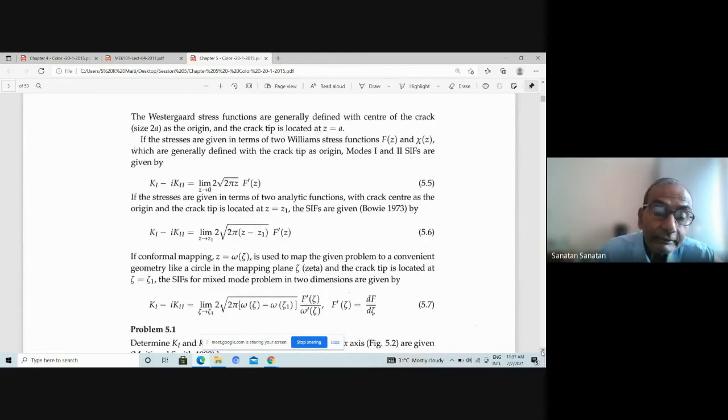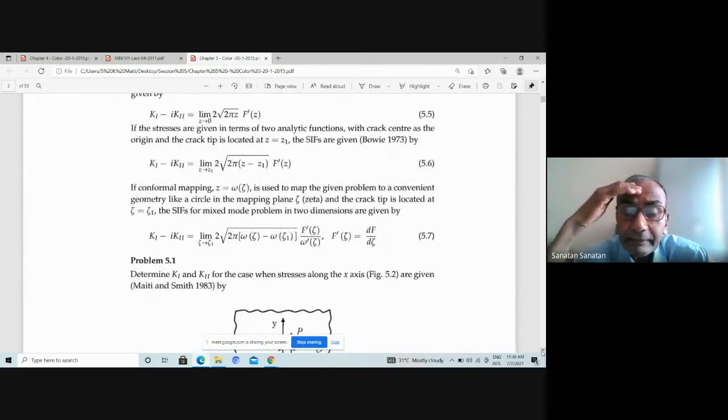So these expressions are useful. And many times, I think this is something I would like to mention in passing here, that in many cases you see these complex crack problems are solved by mapping the configuration into another coordinate. So let's say in this case, we try to map the xy coordinate to zeta coordinate. Zeta is a coordinate where xi and eta directions will be involved. In that case, the crack tip, let's say, is located at point zeta equal to zeta 1.